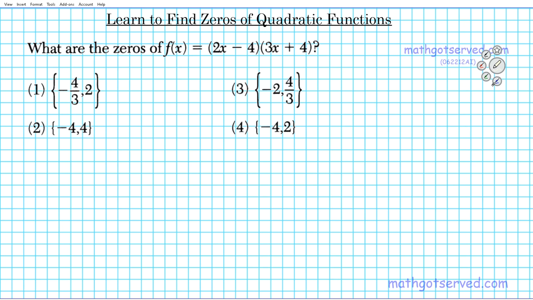In this clip, we're going to be going over how to find zeros of quadratic functions. So the question is as follows. It says, what are the zeros of f of x equals the quantity 2x minus 4 times the quantity 3x plus 4? Alright, to get us started, let's go ahead and refresh our memory on what the meaning of zeros